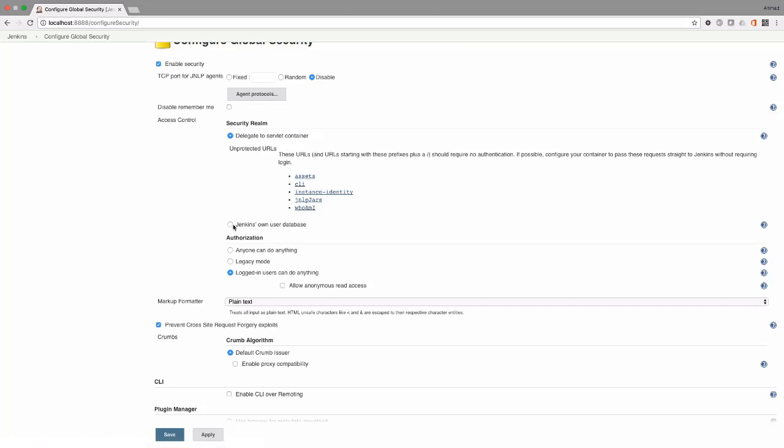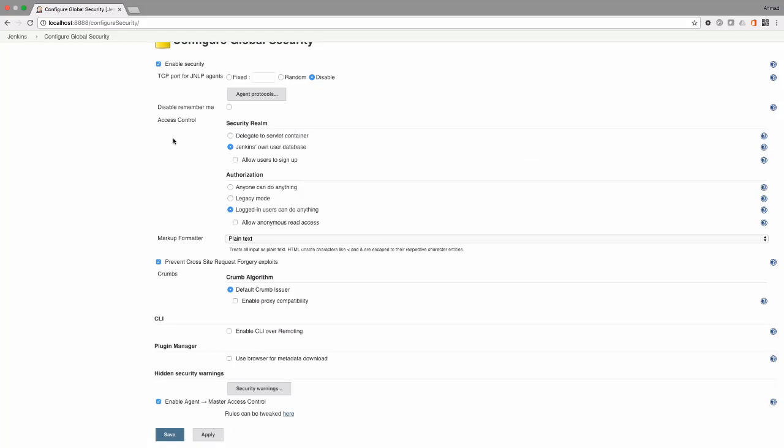Okay, let's leave it at Jenkins' own user database. We're going to use Jenkins' own user database for the authentication. Now let's have a look at the authorization. The authorization here, as you can see, is divided by default into three options. You can either make it loose, like anyone can do anything on the system, the legacy mode,